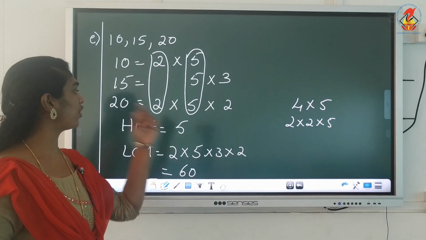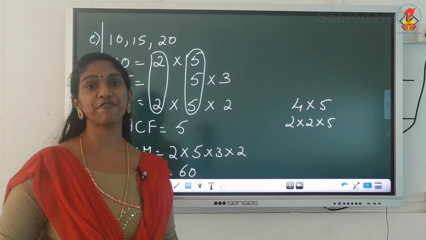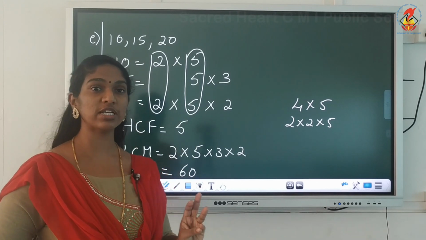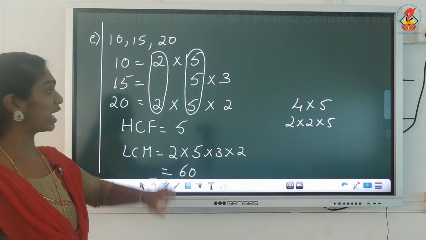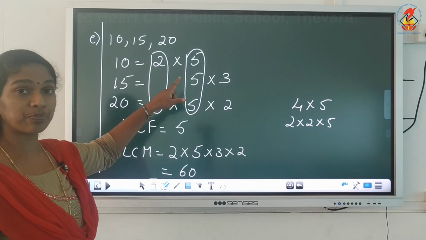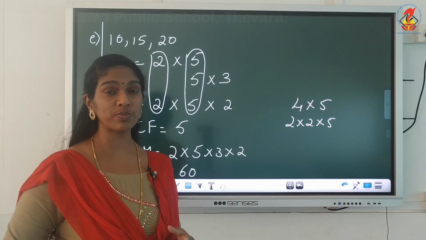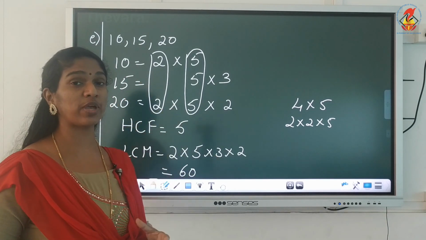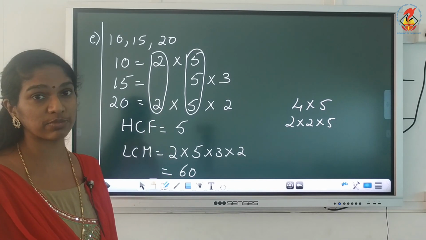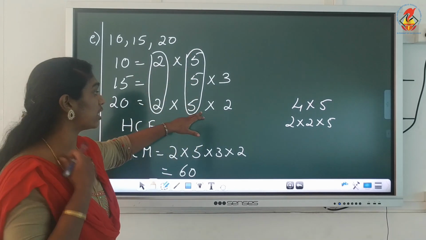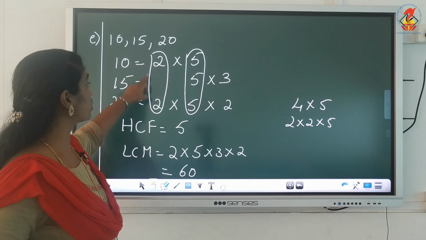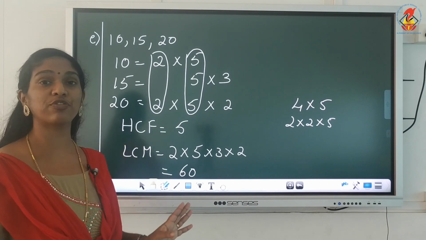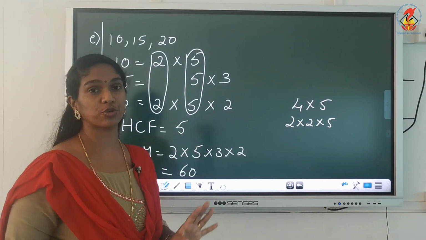Understood? This is how you find out the HCF and LCM by the prime factorization method. Your factors should be only prime numbers. Split it till you get prime numbers. Write it down here. Make groups. For HCF, you will take only from the groups, take 1 each. But when you come to 3 numbers, you have to take groups where that particular factor is common for all the 3 numbers. Here 5 is common for all the 3 numbers, so you will take only from that. But 2 is not common for all the 3 numbers, so you cannot take from this group for HCF. For LCM, you can take from all the groups and take what is left over.